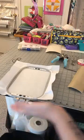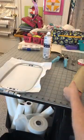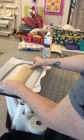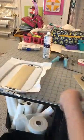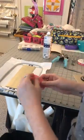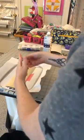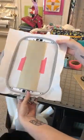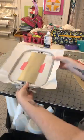So I do like to use a tiny bit of 505 spray, so I'm just going to lightly mist that. And I'm going to just lay this down wherever I want, lengthwise, because my keychain's going to stitch out lengthwise. I'm also going to use some embroidery tape to hold down the sides. I just put one little piece here and one little piece here. I didn't mention that I had already hooped my tearaway stabilizer, and I just hooped the stabilizer by itself. However,